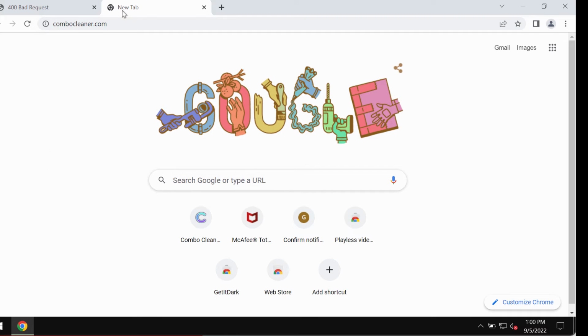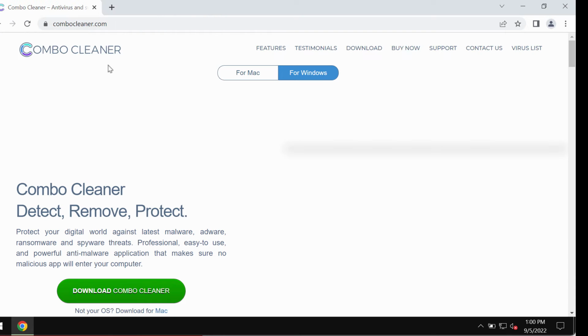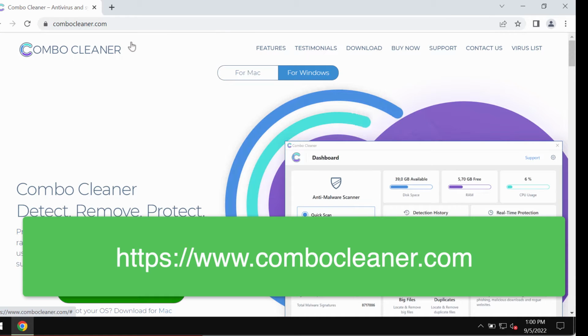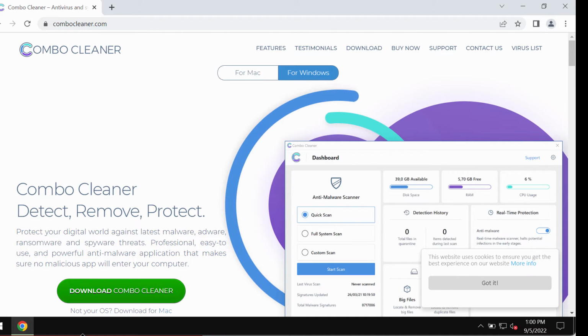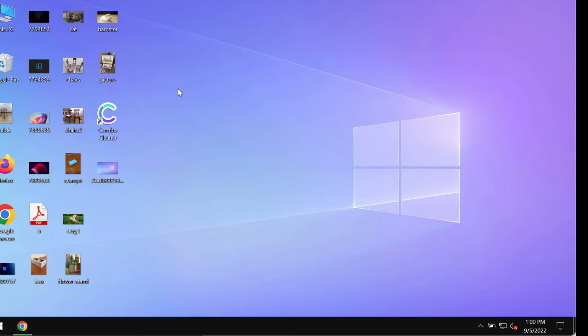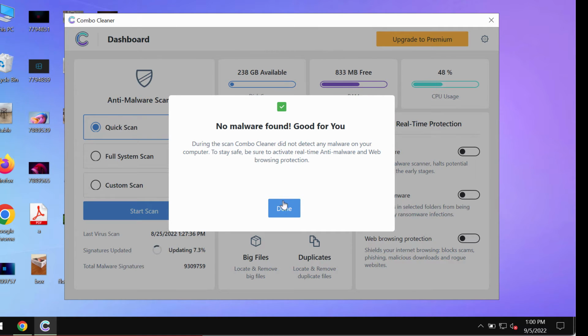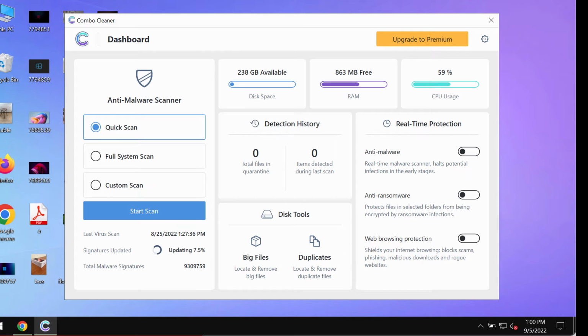What I would recommend you to do is carefully scan your system with Combo Cleaner Antivirus. You may get its fresh version on the official website, combocleaner.com. Download Combo Cleaner, install the program, and then begin scanning your system with its help in order to detect and